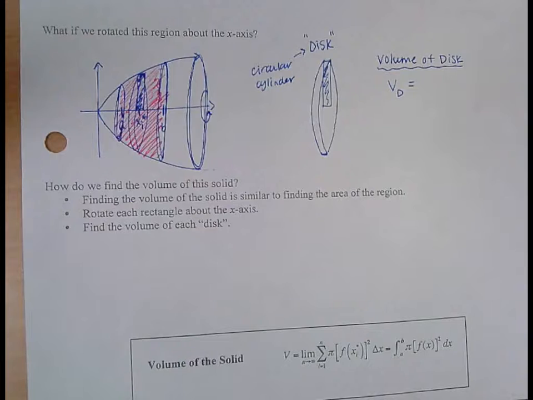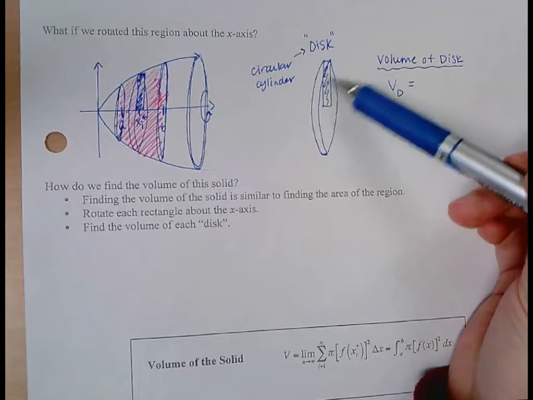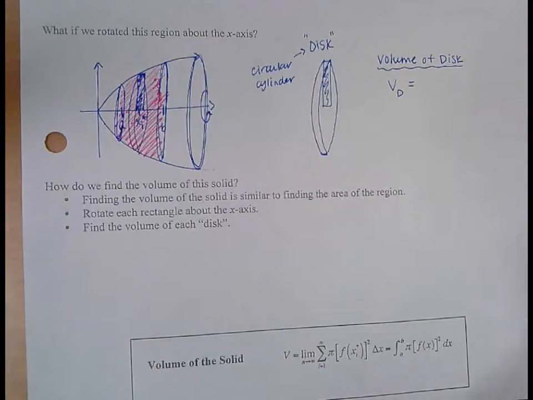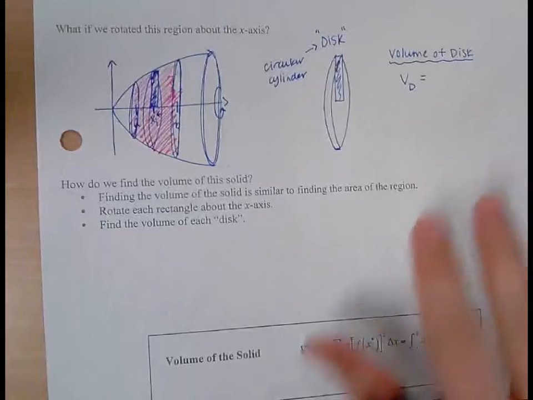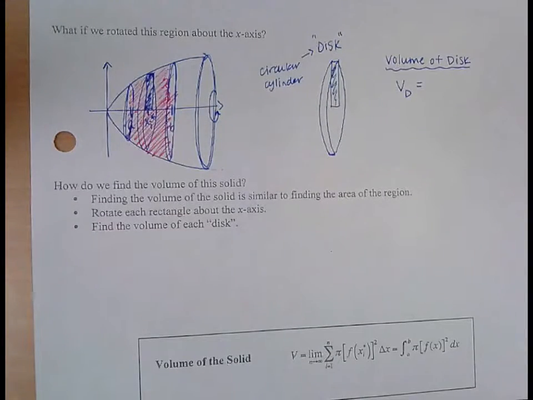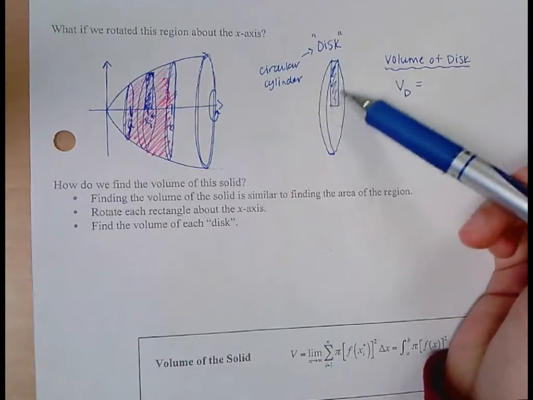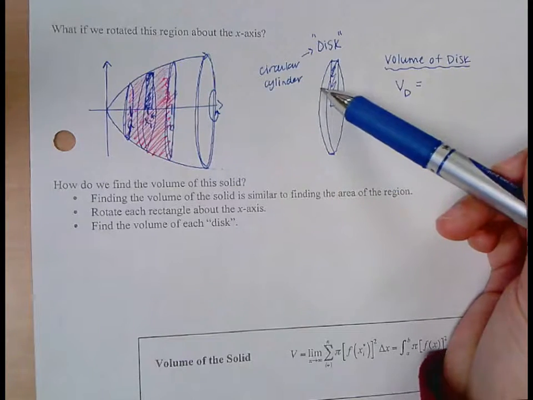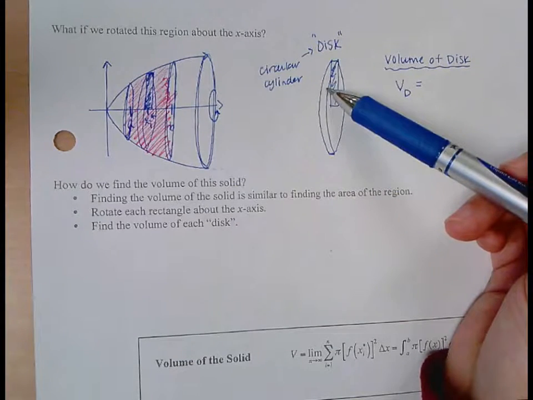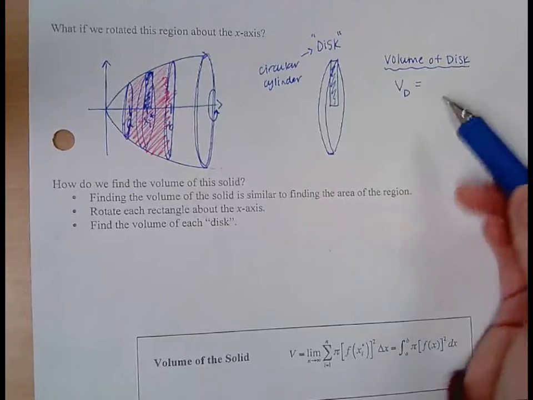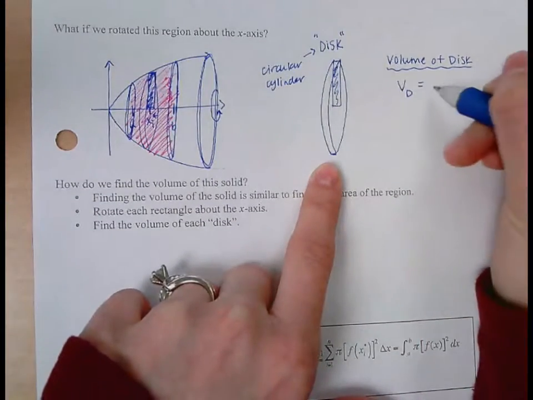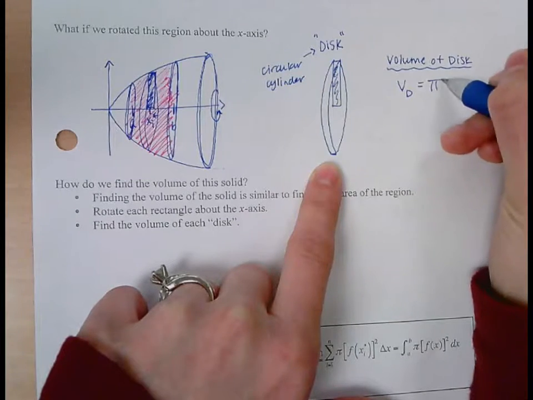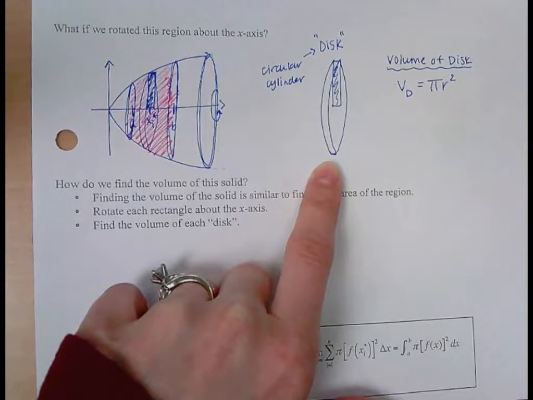So as we move forward these next 3 days talking about cross sections, a cross section is the shape you would get if you slice through it. If it's a solid of revolution, like today and tomorrow, all cross sections are circles. So it would be the area of this circle multiplied by the width of the cylinder. So the area of a circle, so really I'm going to write this down, is pi r squared